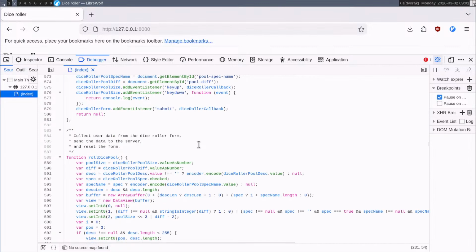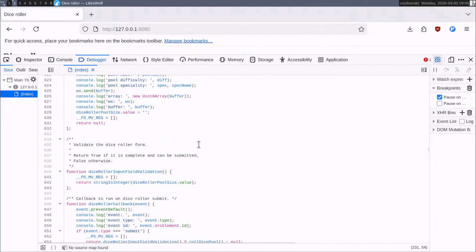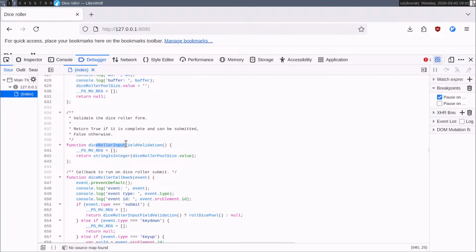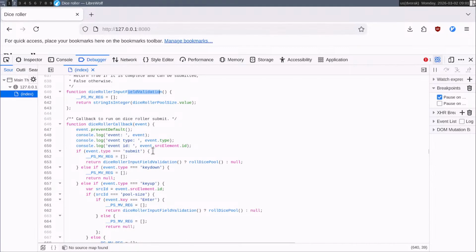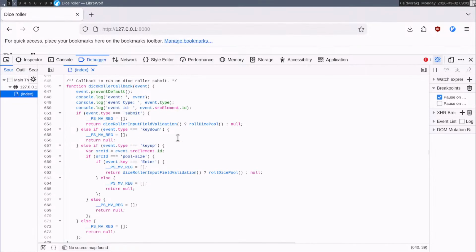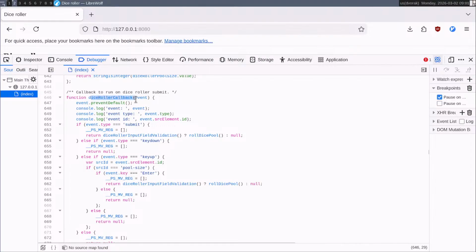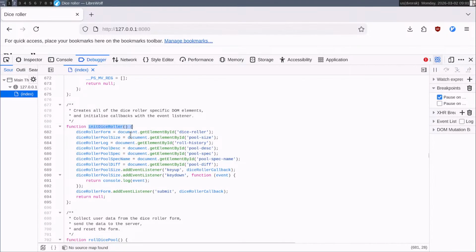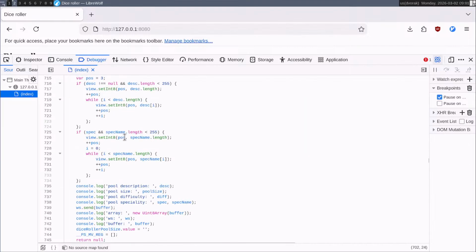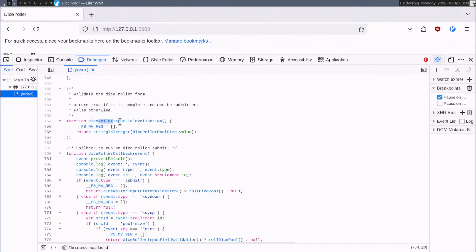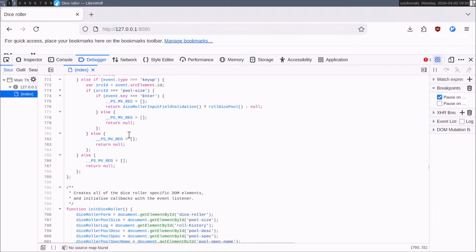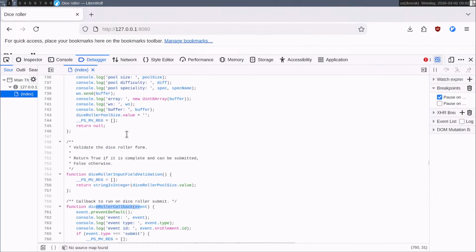It's going to be this one. No, dice roll. Dice roller input field validation, which I haven't really done. Dice roller callback. We're still doing dice roller stuff. Dice roller callback. Oh, is here.